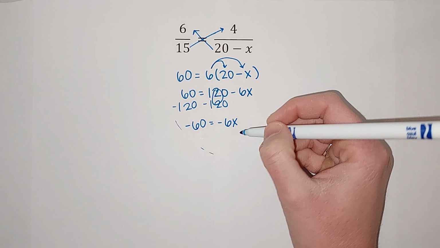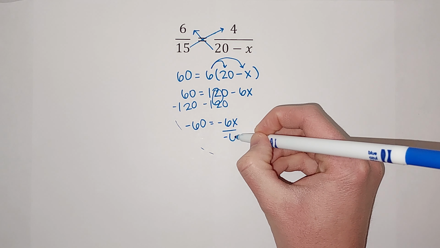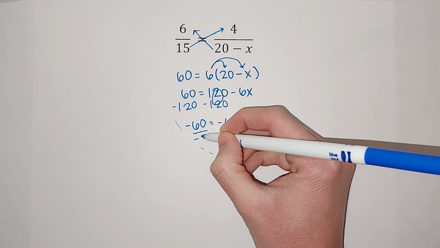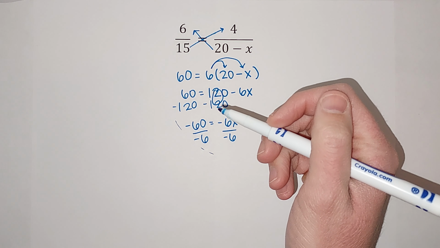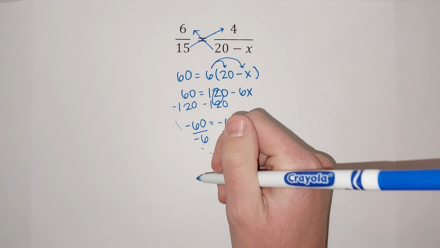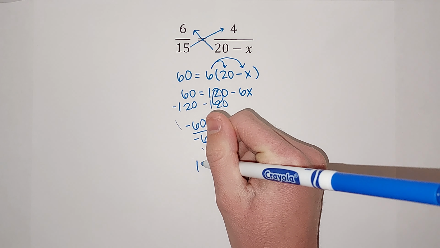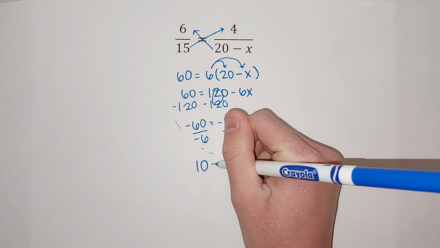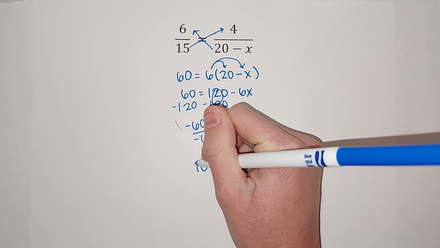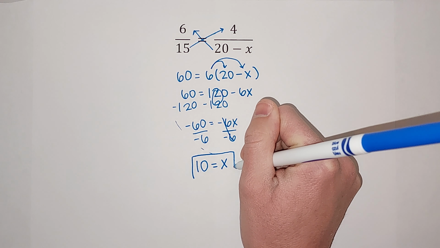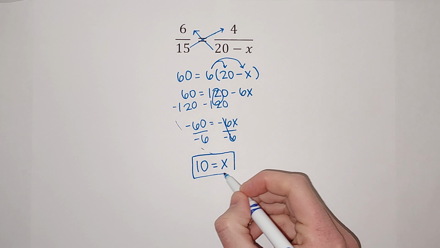Okay. Now to get rid of that negative 6x, I'm going to divide by negative 6 on both sides. Okay. So then I am left with negative 60 over a negative 6 gives me a positive 10. Equals, those canceled, including the negatives canceled, so it's a positive x. Okay, there's my answer. But I also love to say,